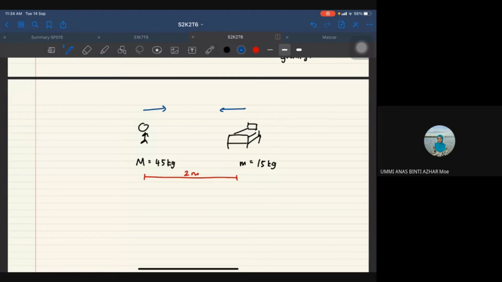I put this one as example 2. This is the same example, just a follow-up question. If I want to calculate the acceleration of the person,